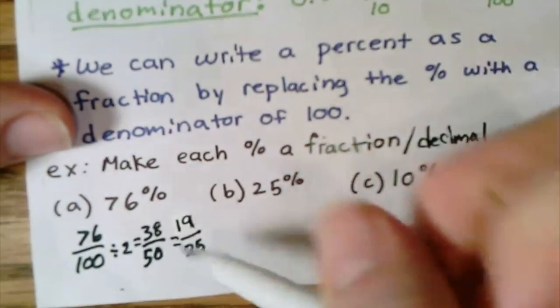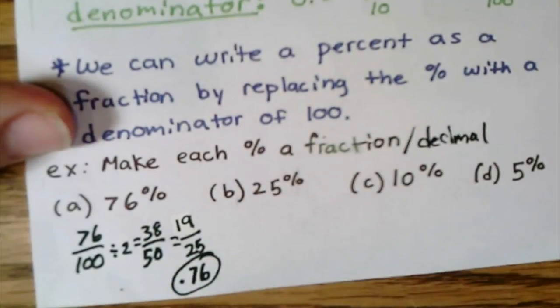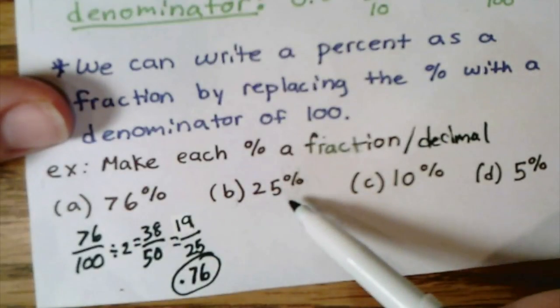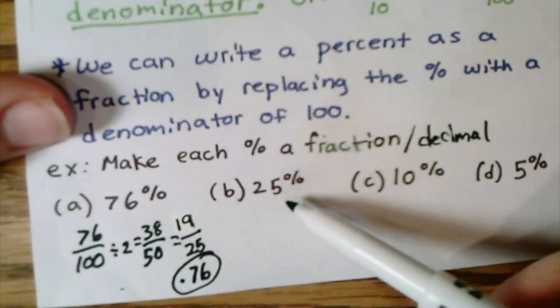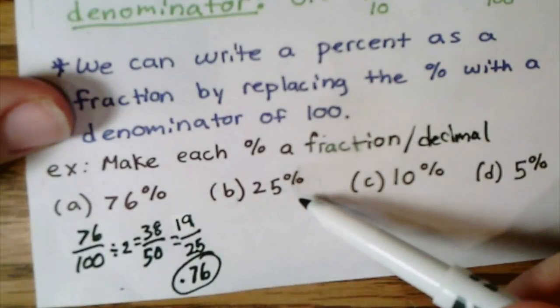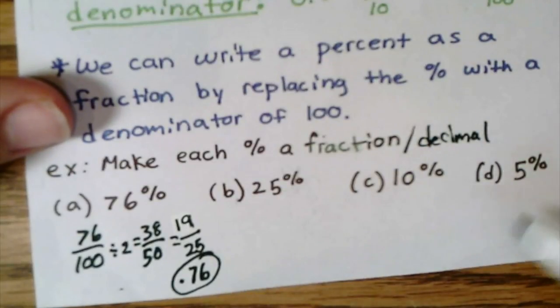All right, and if I were to write this as a decimal from a percent, I'm just going to go over 2 places. And so as a decimal, this would be 0.76. All right, so for B, 25 as a decimal, 0.25. As a fraction, 25 over 100, and then it reduces to 1/4. Go ahead and try C and D on